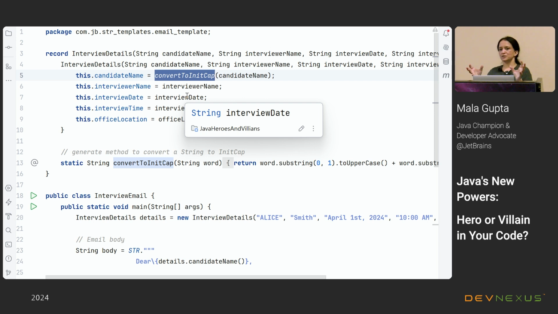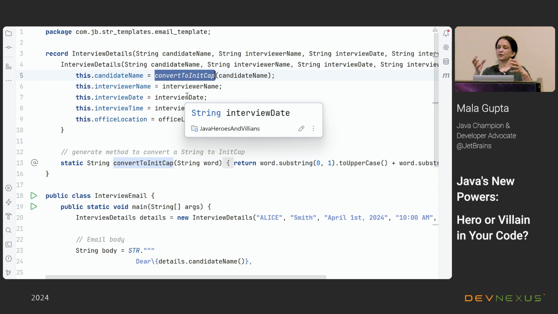I was also talking about the anti-pattern. There's a way the string template should be used and a way that they should not be used. When we talk about string templates, we're talking about what transformation should happen when the literals are being combined with the variable values. And in this case, there's no problem with the value that's coming in. It's about the case of the value. So I don't want to change the value there.